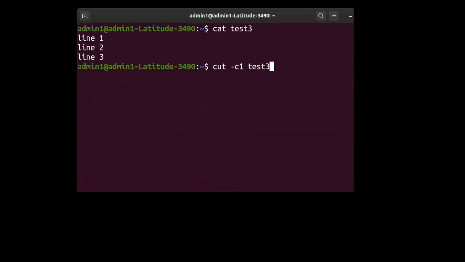Here c stands for character and 1 stands for the first character. That means whenever you give -c1, it indicates cut the first character of all the lines of file test3. Make a note: cut the first character of all lines of file test3.